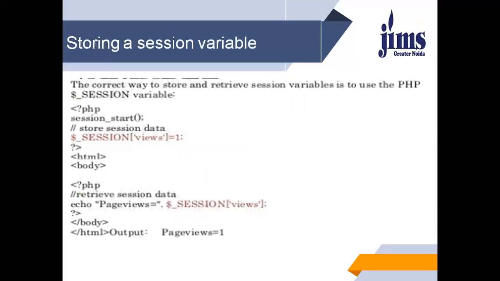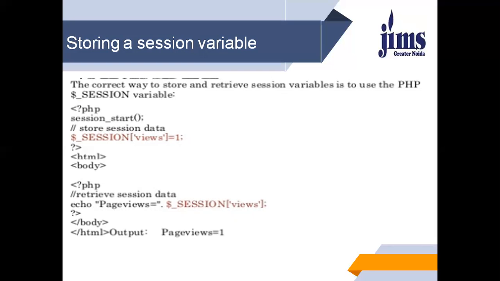So, storing a session variable. The correct way to store and retrieve a session variable is to use the PHP $_SESSION variable. Whatever data we have stored in this $_SESSION variable will be available until our session expires.